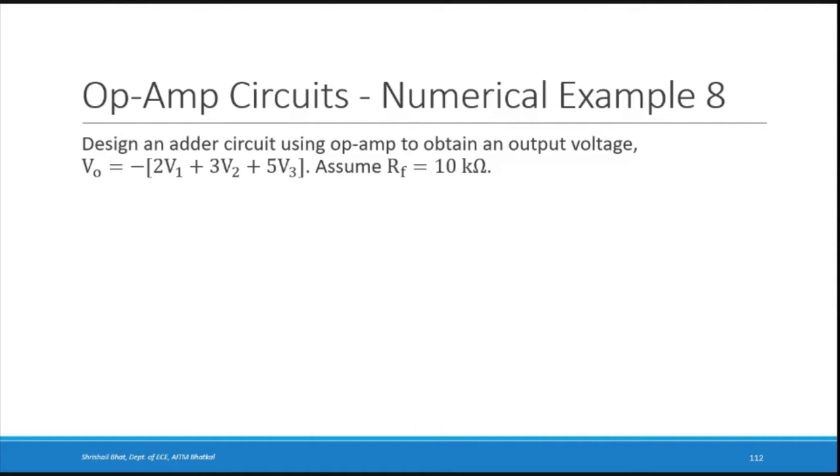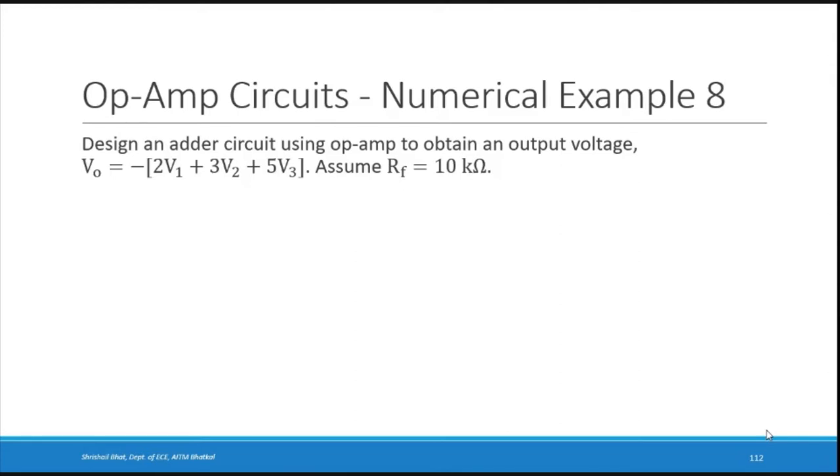So previously, we have solved some numerical examples on op-amp circuits, right? We have seen the circuit examples or applications of voltage follower, inverting amplifier, summing amplifier, and all that. So today we will continue with that. We have seen examples of op-amp as voltage follower, inverting and non-inverting amplifier, and even inverting summing amplifier, where we are asked to find the output voltage. So here there is another example.